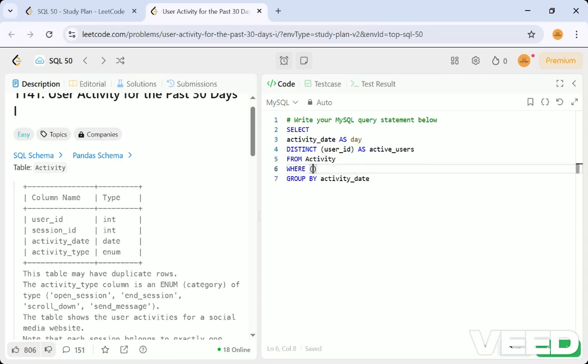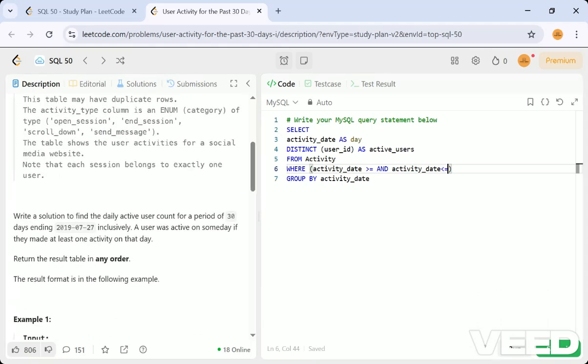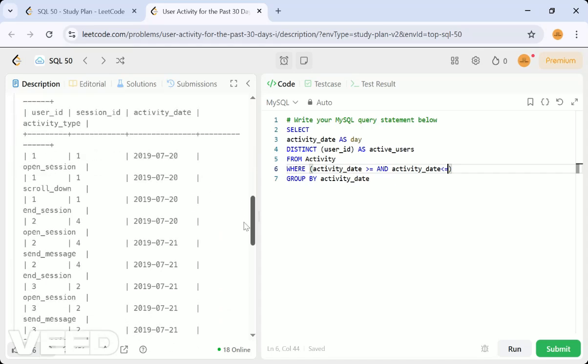So the where condition we have to apply here is that the activity date should fall within 30 days, that is greater than and less than kind of thing. For this purpose, we have to check what dates they have given, which fall in the least possible dates. See, excluding 07-27, this thing they have given, ending with 2019-07-27,